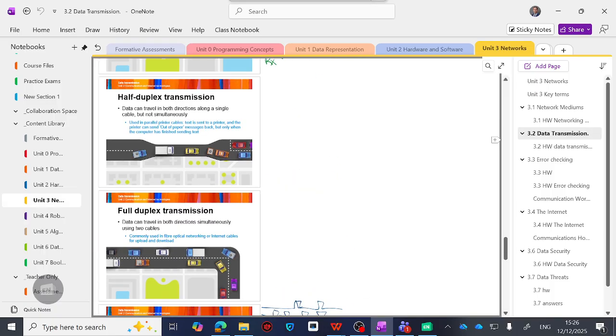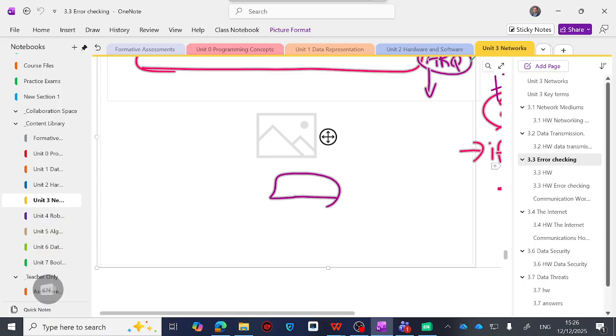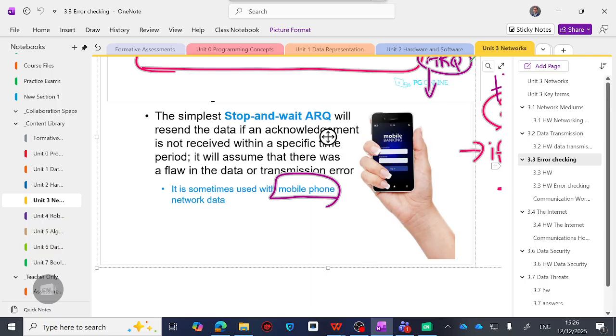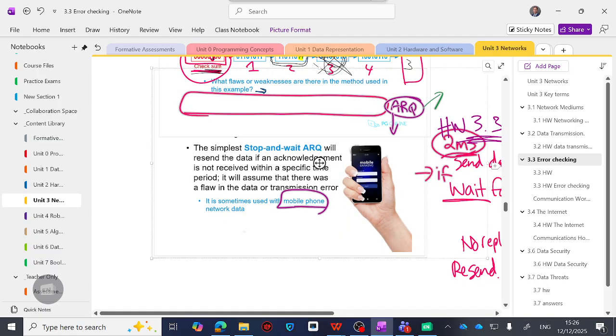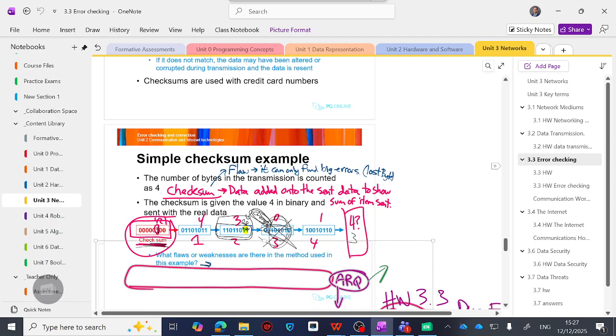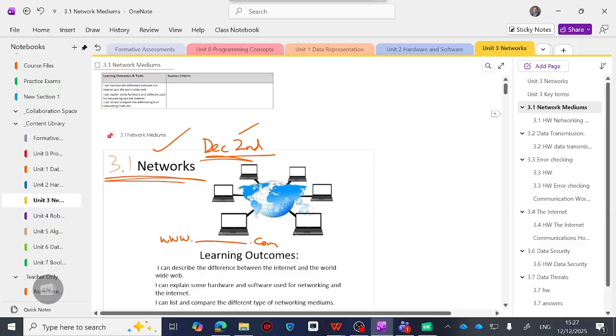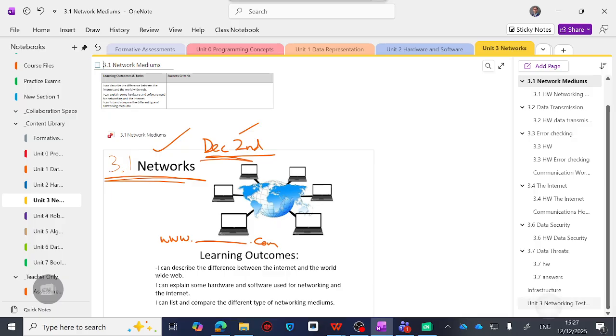Okay, if you remember, we talked about the full duplex, simplex. And then we did the third one is the tool. When you send the data, sometimes we have a mistake and we need to fix it. We have the parity bit. Okay, so the test will be on 3.1, 3.2, 3.3, and I'm going to just do a little summary on